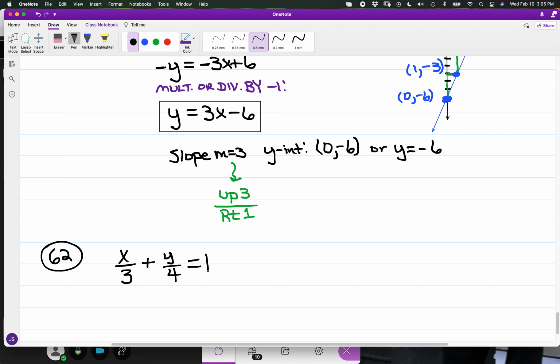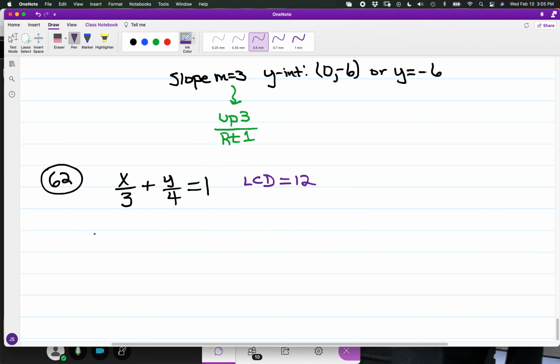Let's say I get out of the fractions. Again, I want to express what I have in terms of y is equal to mx plus b. Now, for 3 and 4, the smallest number that both 3 and 4 will go into will be 12. And if I multiply everything in the equation by 12,